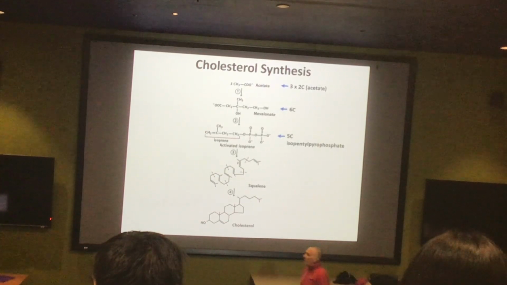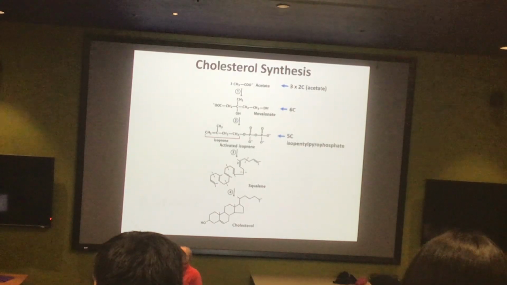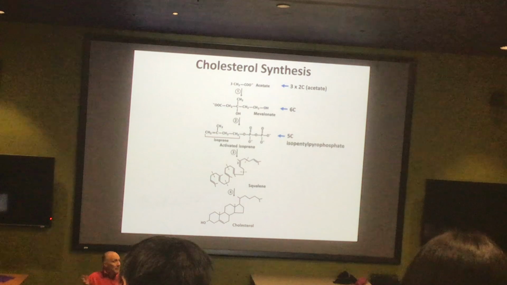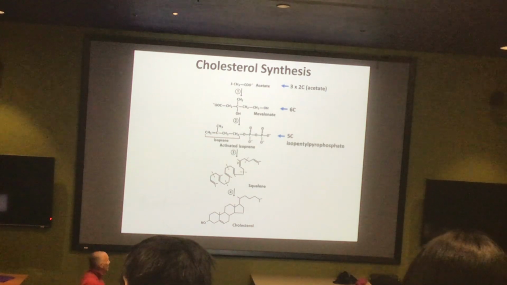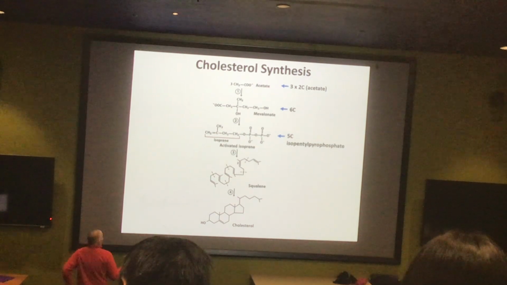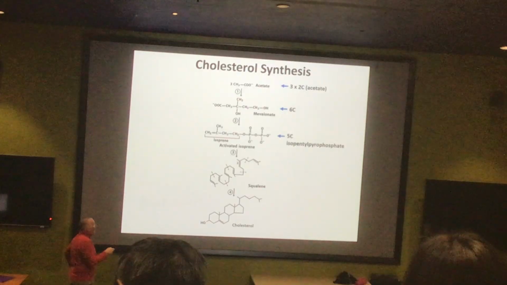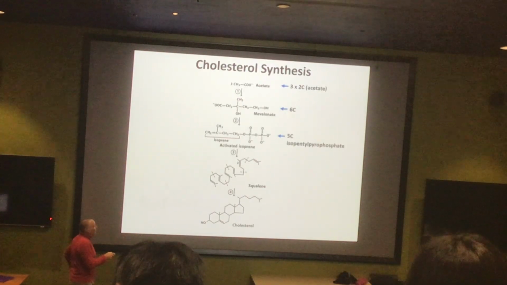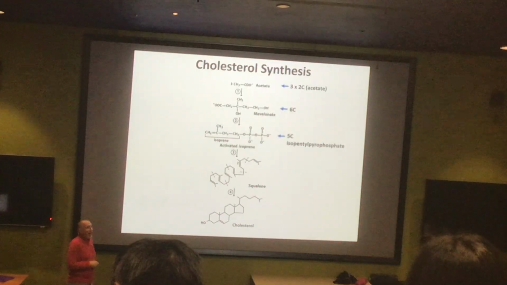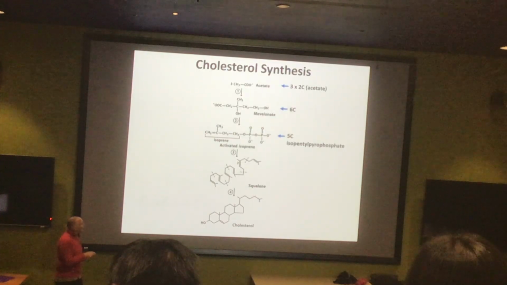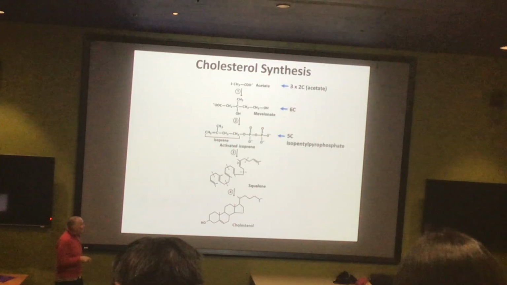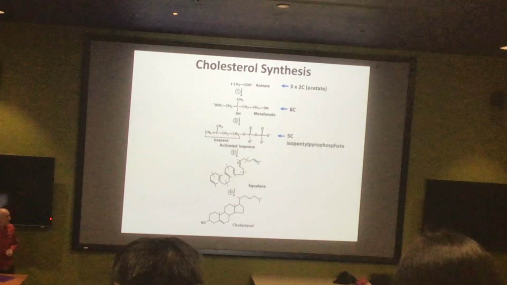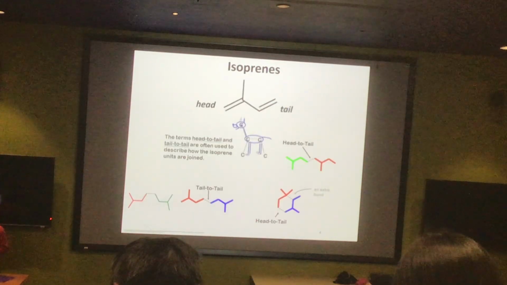We're going to build that pyrophosphate in kind of a weird way. It might seem logical that nature would just donate a pyrophosphate, since they always seem to be flying around, but that's not actually how we're going to build a pyrophosphate. Once we have multiple activated isoprenes, we can connect them together into a long open chain molecule called squalene, and a series of enzymes can then carry out each of these proper cyclizations to give us cholesterol, or in organisms that don't make cholesterol-like molecules.